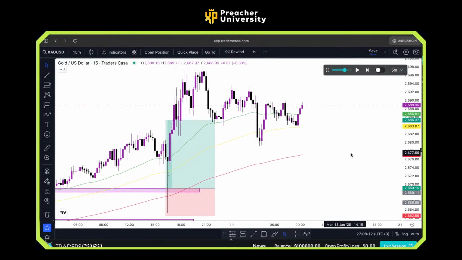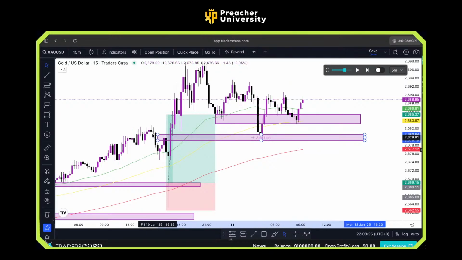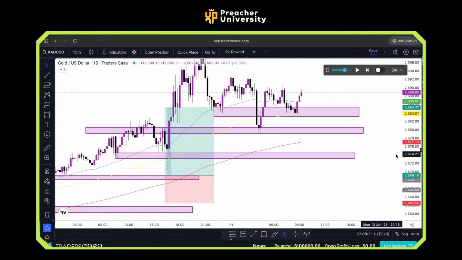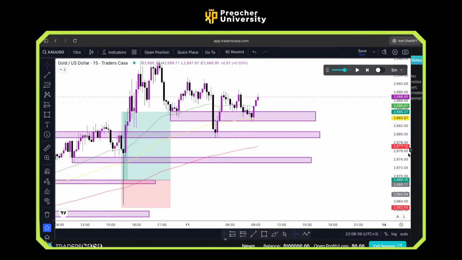So what am I looking for? I am saying, okay, what are my support zones, since I am still looking for bullish momentum? And here you go. You have the market create these beautiful zones for you, right? So what do we want to see? We want to see the market come, tap into any of these zones, or